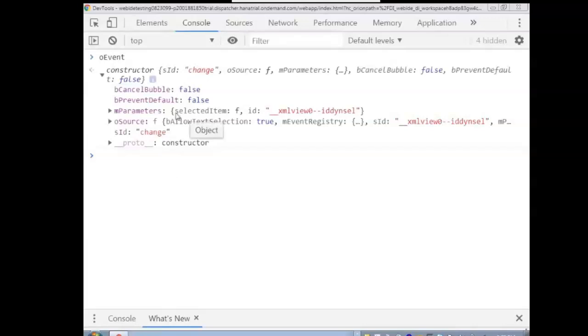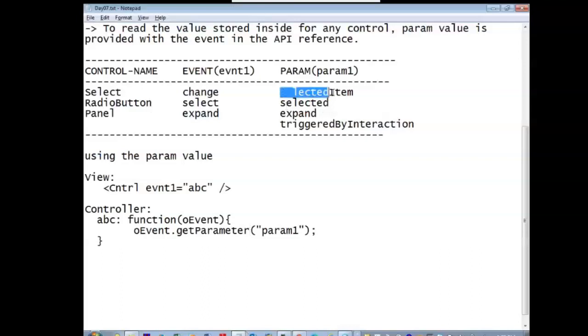You can see here, this is the param value. Just now we have noted it, selected item. If it is a radio button, it would have returned selected.